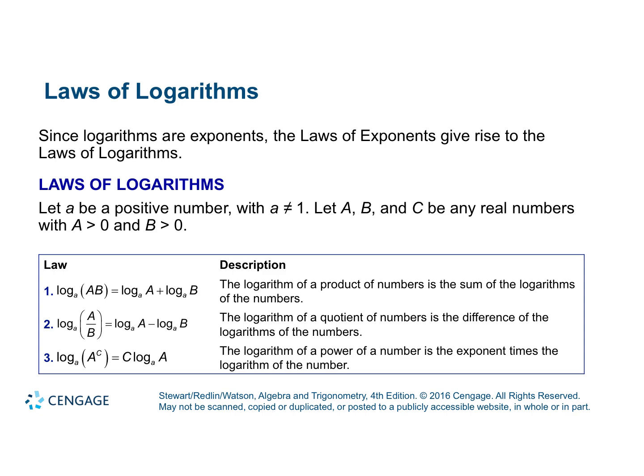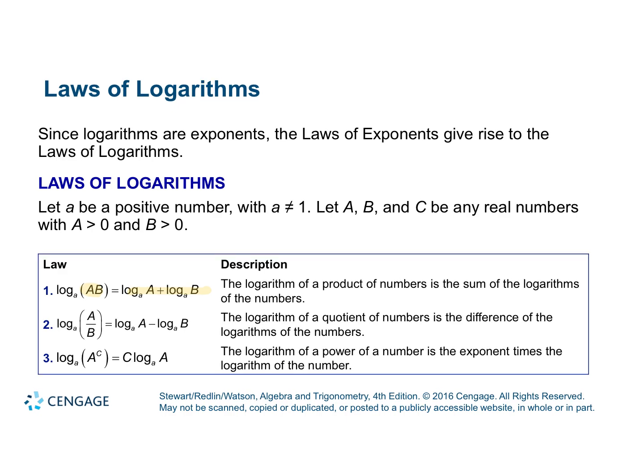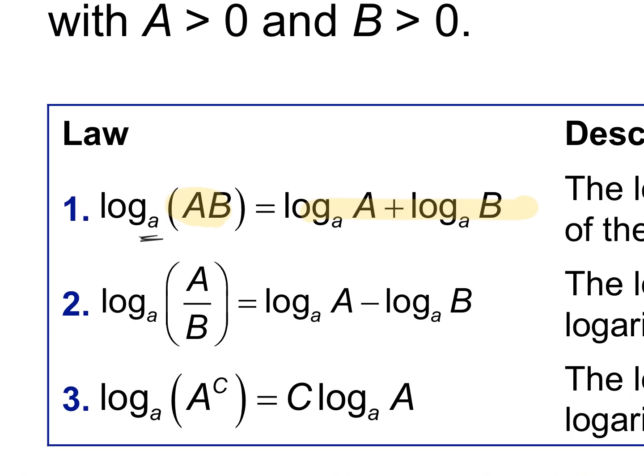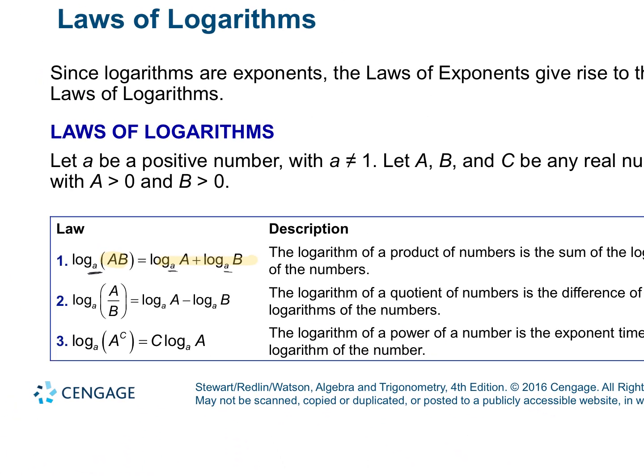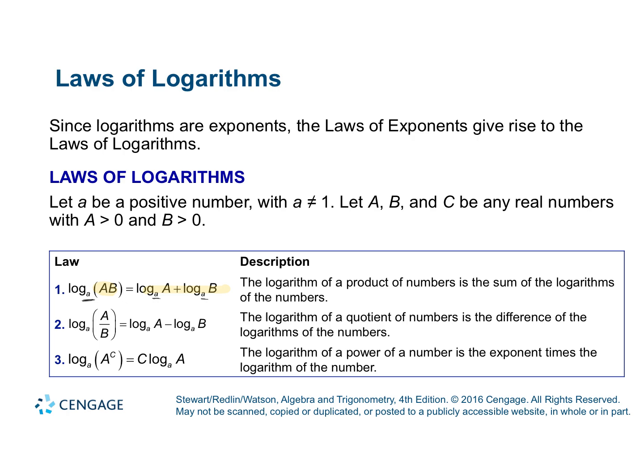So you have different logarithm rules, and you can use them vice versa. So what does that mean? We have log base A of A times B. You can separate them into log base A of A plus log base A of B. Now the key is they have to have the same base. So this has to be the same in order for you to be able to separate them or put them together. You also have, that is the logarithm of a product of numbers is the sum of the logarithms of